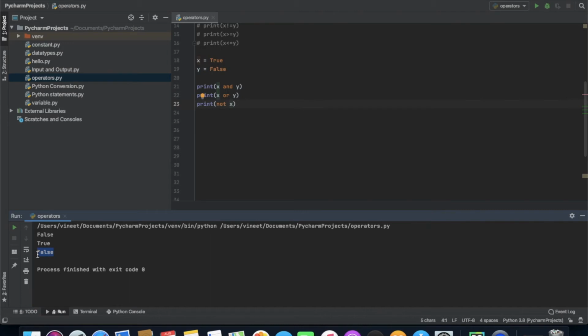Now we will be talking about bitwise operators. Bitwise operators act on operands as if they were strings of binary digits. They operate bit by bit, hence the name bitwise operator. So we will simply take an example like 2 is 10 in binary, and 7 is 111. It is a little bit complicated, but it is not that important for you right now in this programming scenario.